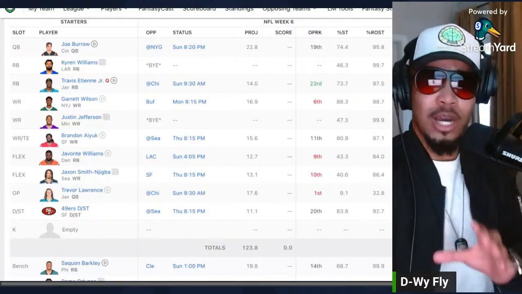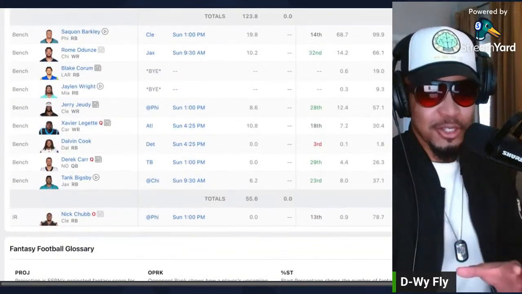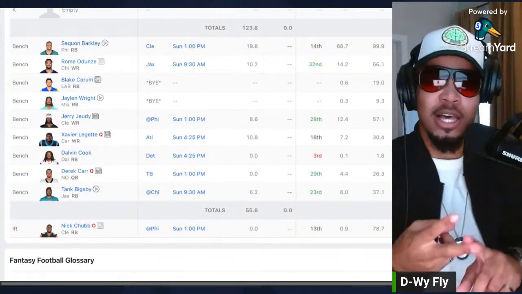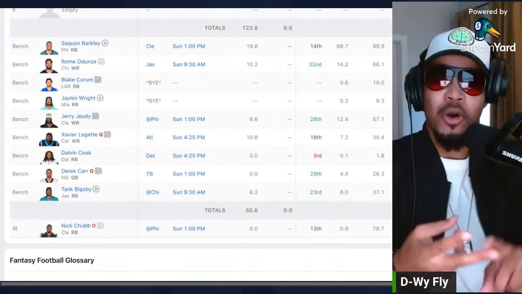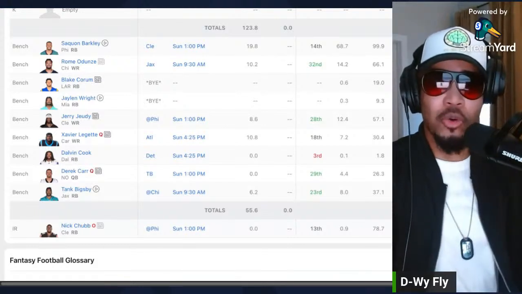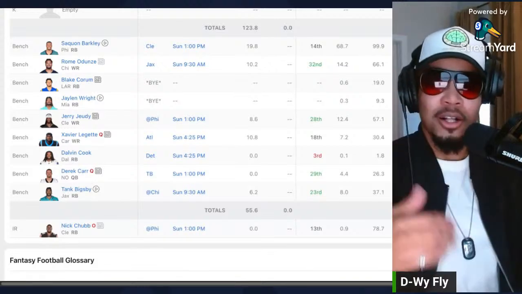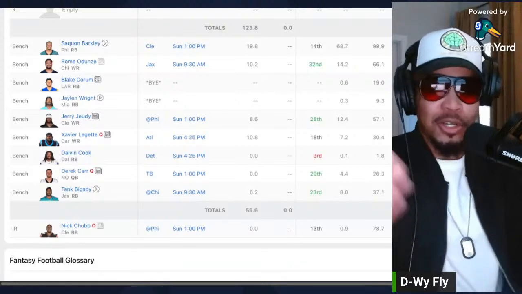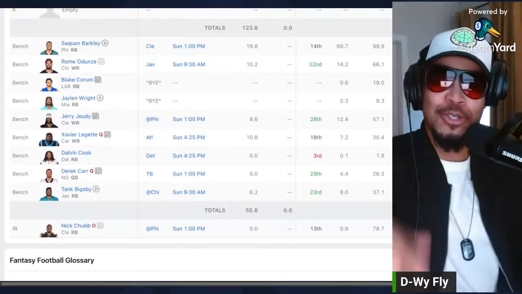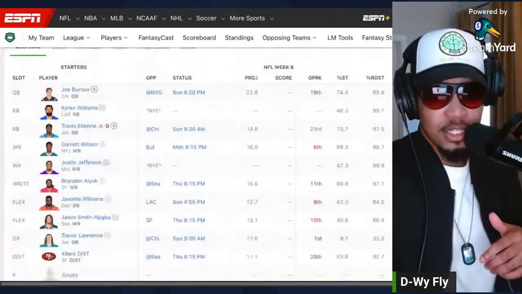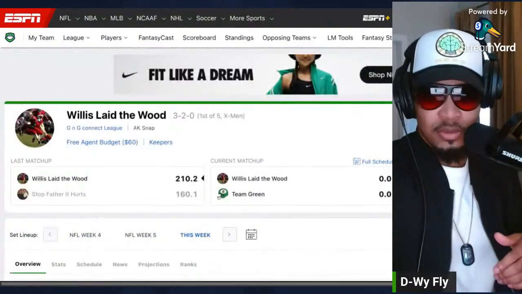The fact that he dropped his kicker just to pick up a player, you do that for 2 reasons. Either one, you look at your matchup and you're like, I can win without a kicker this week, I'm gonna just thug it out. Or 2, I want the player who I want. I need my roster. I need these players, man. Forget the kicker, I'm gonna get the player I want. So shout out to the greatness for that. But he looks like he's gonna be in good shape. He has a couple of big buys. Whatever. All right.